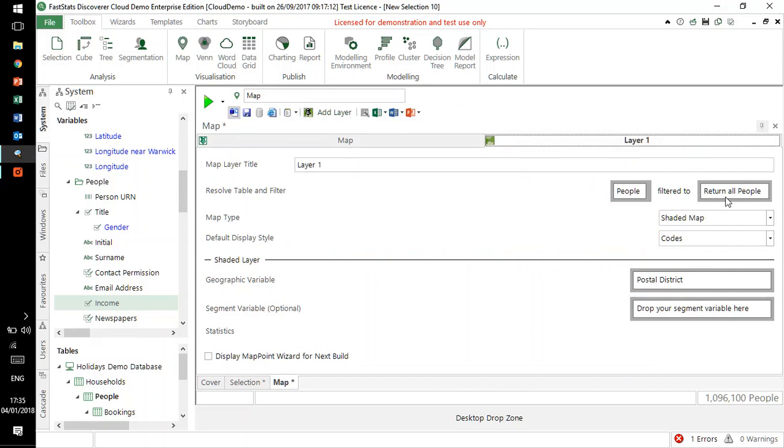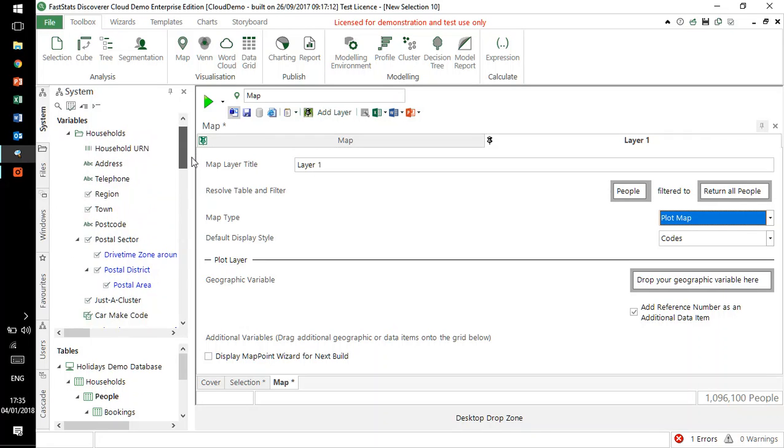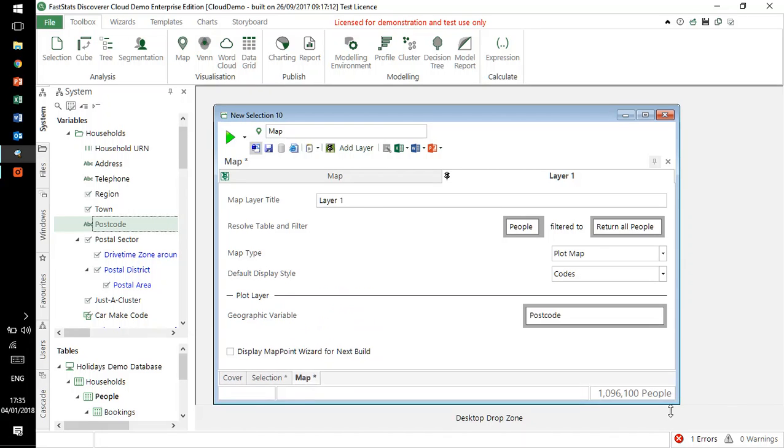If I go back to the map screen, I can change the layer that we want now from shaded to a plot map. I now have to choose a different geographic variable to be able to show that. So now I need the full postcode. This is the textual version of the full postcode, and I've now put that onto the screen there. So now when we rebuild the map, we can not only show where people live, but there are options within the system to show more than that. And actually, just to get that on the screen,